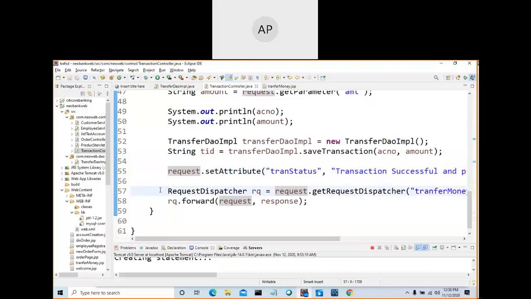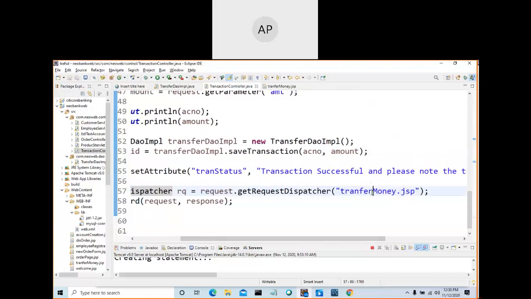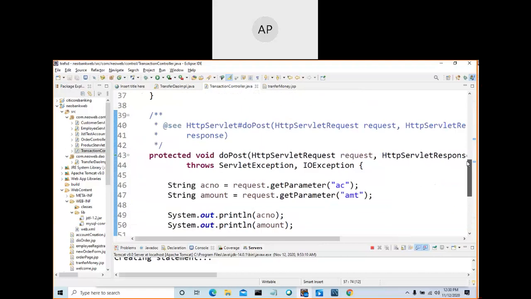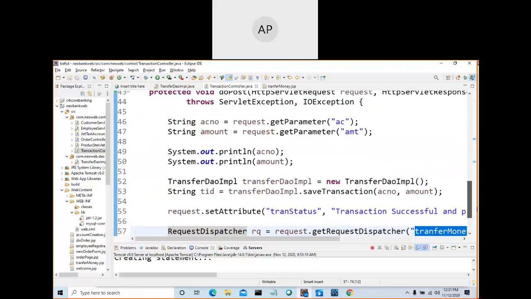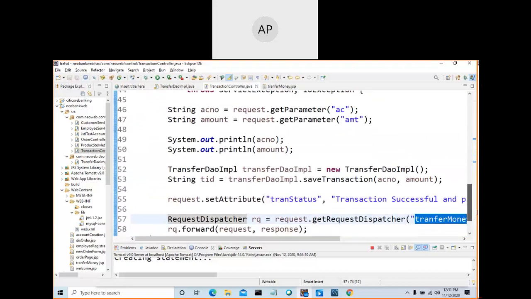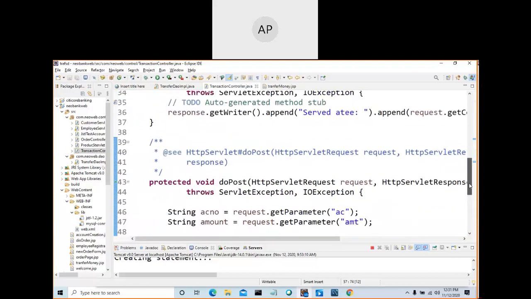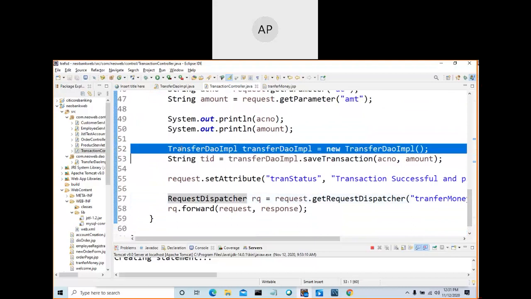Okay, so this is the variable, and after that, you know what these two lines do? These two lines will run this JSP page and send the output to the browser. Nothing other than this. If you see the servlet, see, this is the servlet. Nothing. I wrote only 9 to 10 lines. That's all. Nothing other than this.